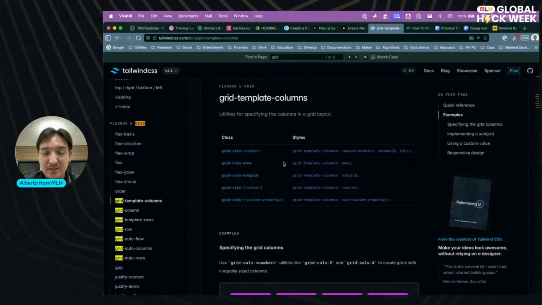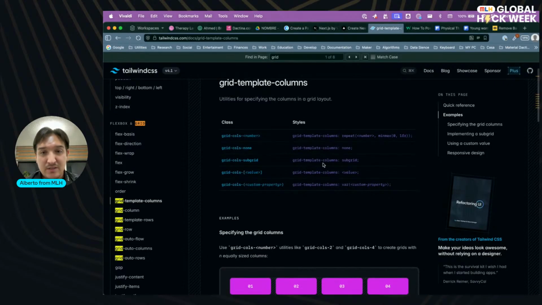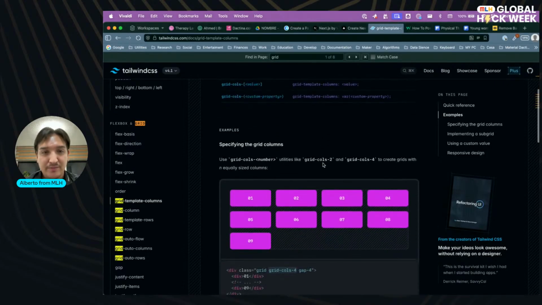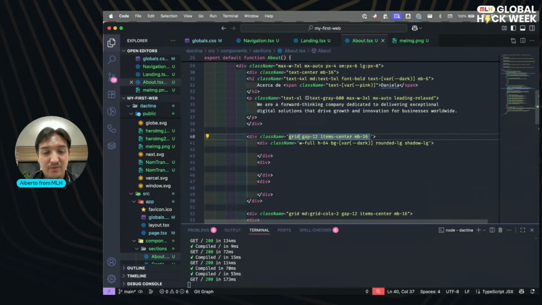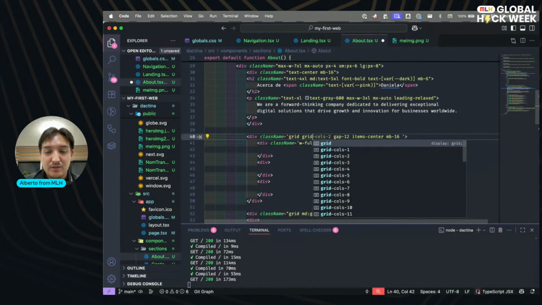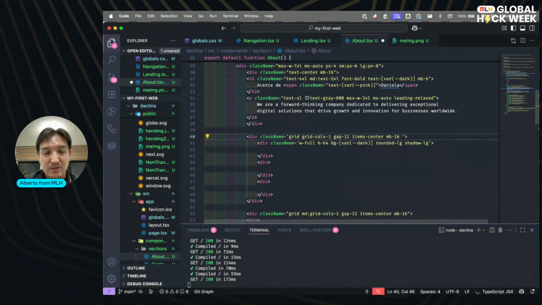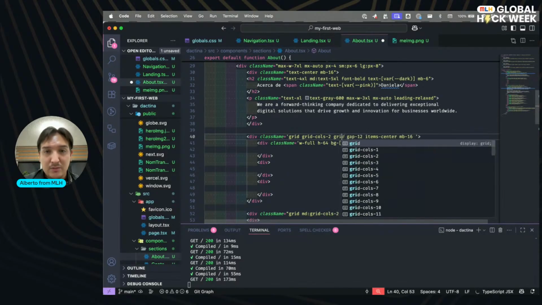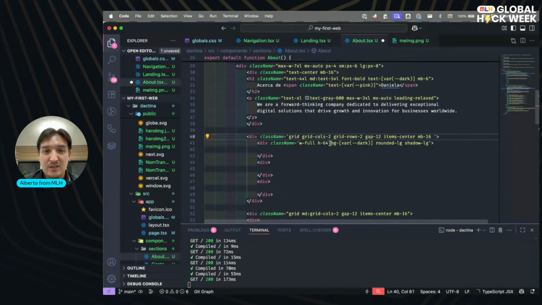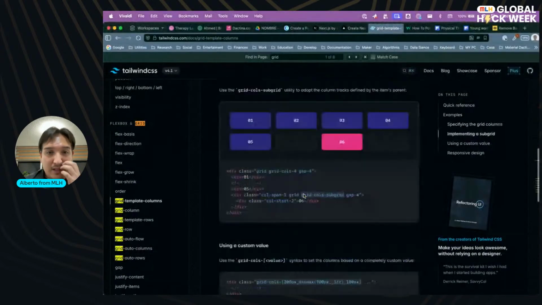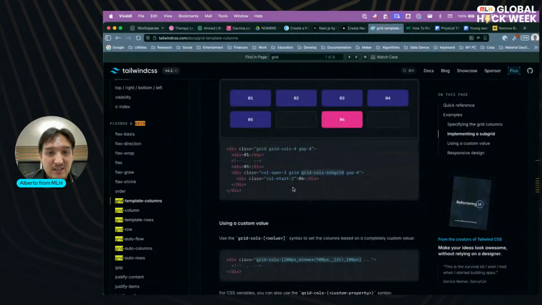Grid cols two. Grid cols two. Grid rows two. And how do I place the elements inside this?